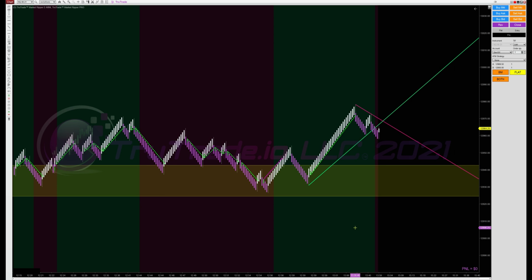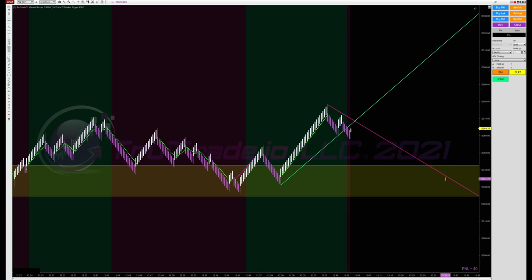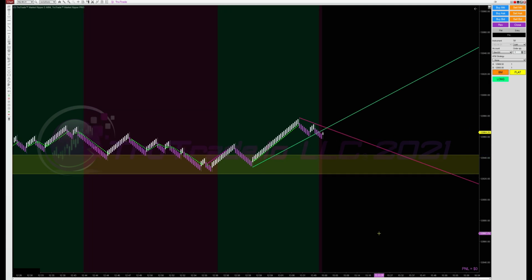But being that TruTrade is built inside of NinjaTrader, you'll see here that this is not a chart of ours, this is actually NinjaTrader. And you'll see here in the drop down that we have TruTrade built right inside of your chart. So at any given time, you can go to our website, look at other videos in the future and so forth, and you'll be able to access those from that panel here in the near future. But as you can see here, we are built directly inside of the NinjaTrader platform, which gives you...